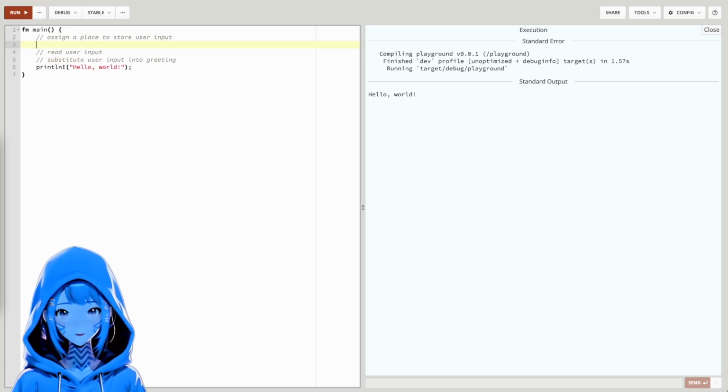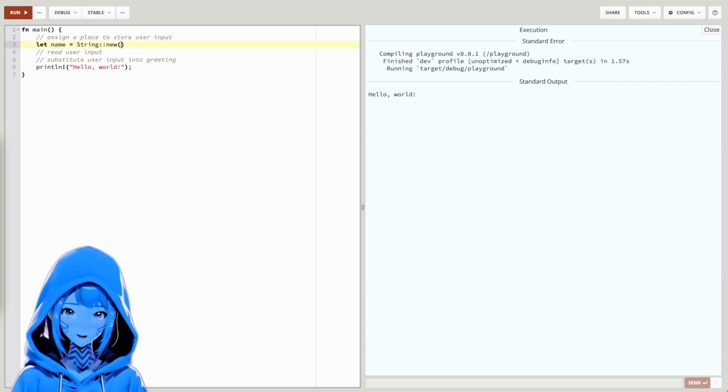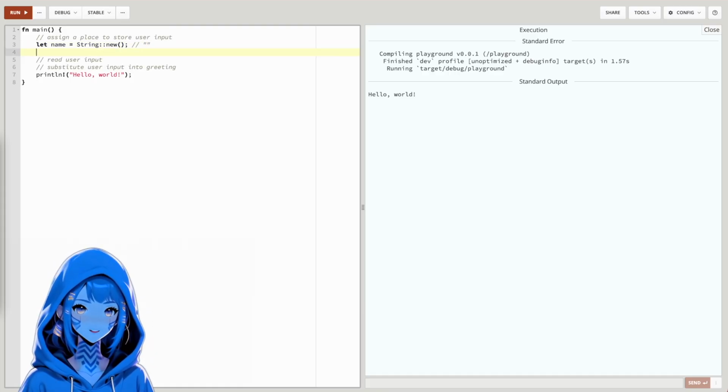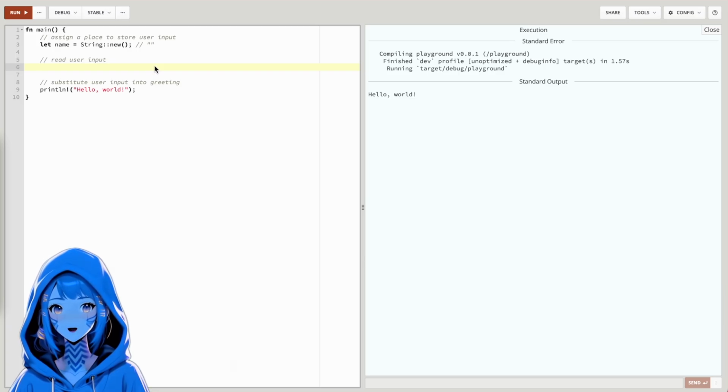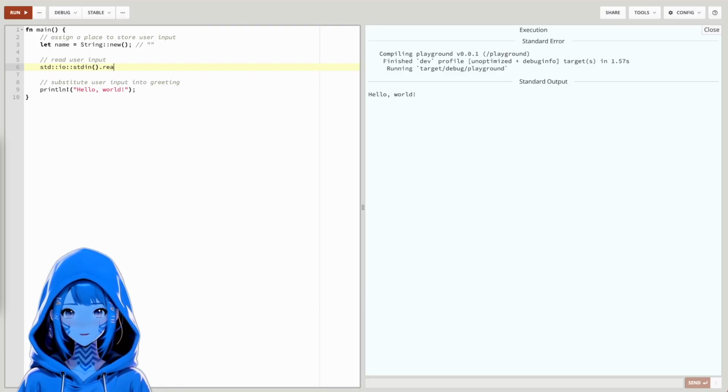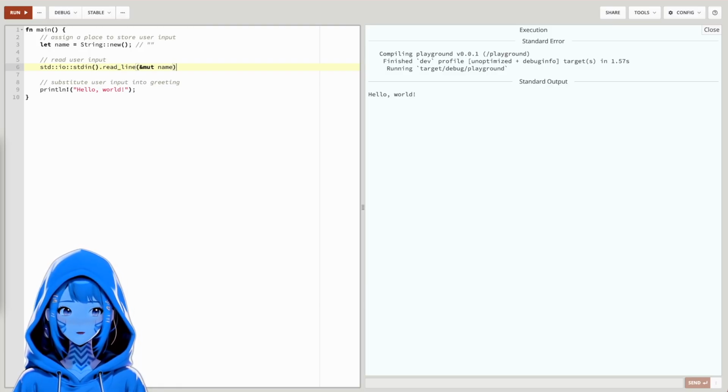Right. So, we define a variable and call that variable name. And we set it equal to an empty string, which is basically this. A double slash in Rust is the syntax for a code comment. Next, we want to read user input. The code to do so, to read this token stream, already exists. It's in the standard library. And it takes as argument a mutable reference to name, a mutable reference to the place in memory that will be storing whatever is read. We need to make sure that that place is indeed mutable. We do so in Rust by using the mut keyword.